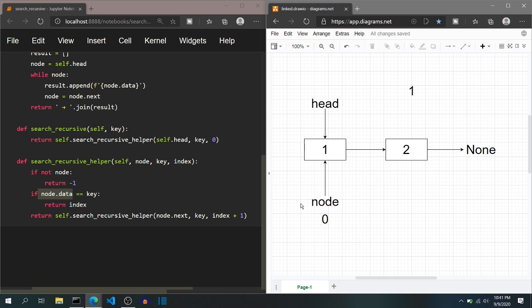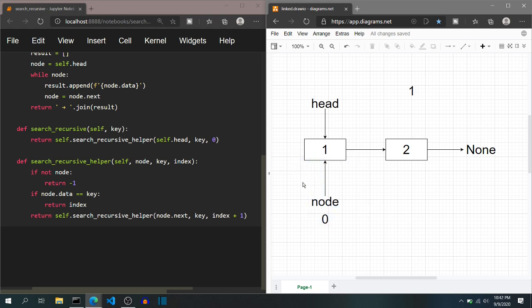So this boundary case, that is the first element condition, is also true. So it will not call its recursive function again, and it will straight away return index. And this index will be returned by this return statement to the main function where this function was called.